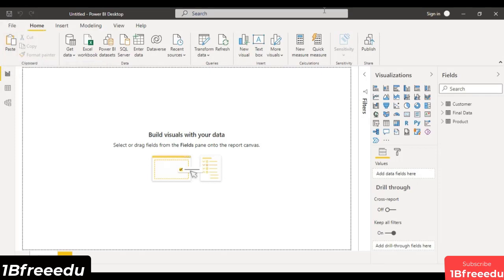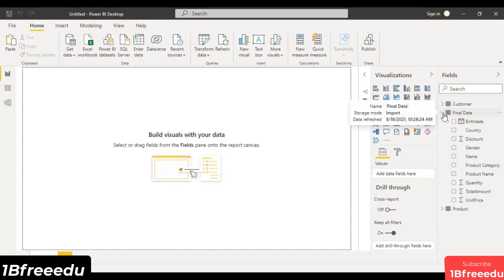Right, so now the data set is loaded, and as you can see we have got these three sheets, but we are not concerned with those three. We are only concerned with this final data sheet, that is the data which we created from the different information that was available to us. Okay, this is the clean data set that we have got.